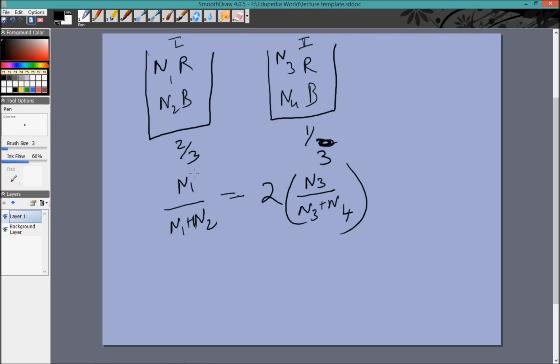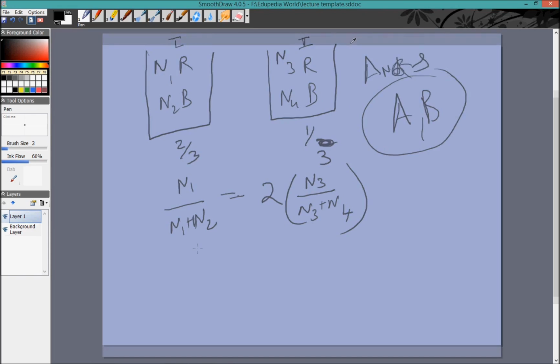So you cannot solve for the values of n1, n2, n3, n4 because we have 4 variables in one equation. But you can put values from the options and you'll find out that option A and B satisfy this result, whereas option C and D do not. So this is my answer, A and B. In the next question,